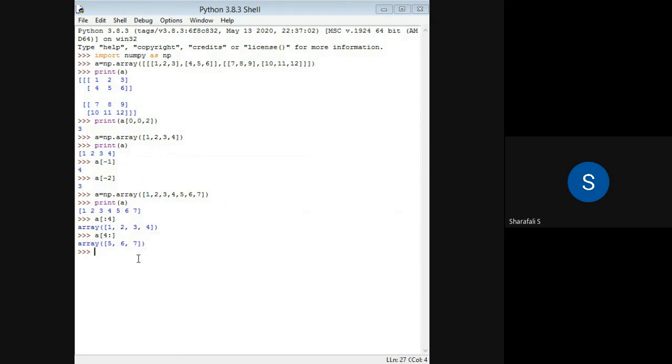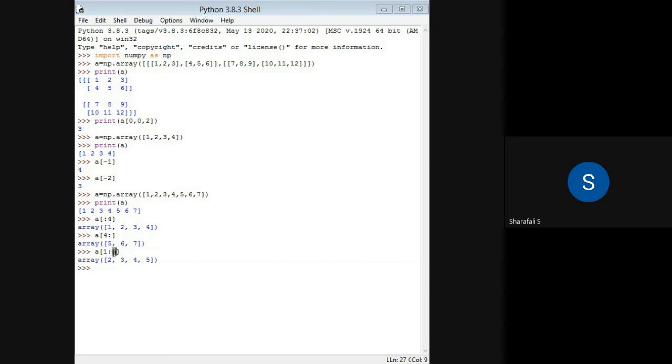And if you want to get some elements in between, we can write, for example, A of 1 colon 5. This will give you all values in between, which means it will give you values from index 1 up to 5.